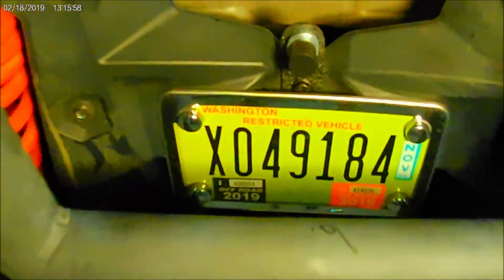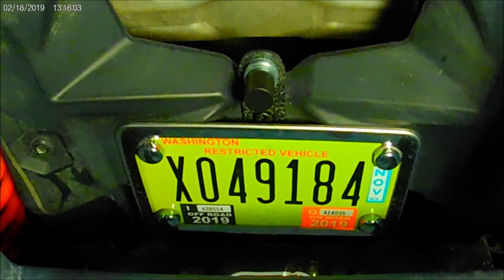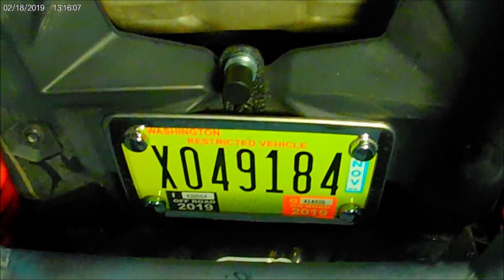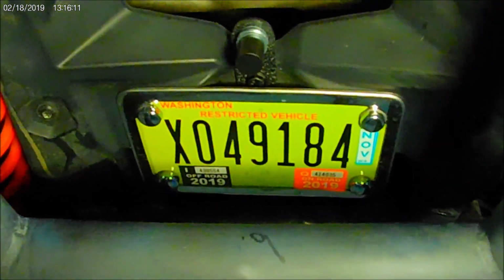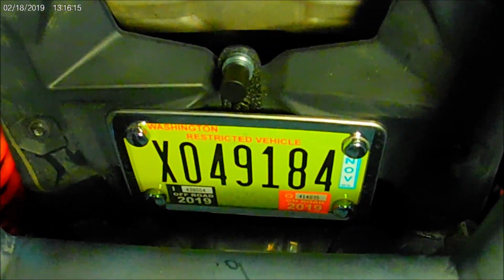License plate light. So there's the license plate, and there's a little bracket, a little tab that you can put on the plastic, and then the light itself, the LED, goes into that plastic tab. I washered it out a little bit. In fact, it looks like it still might not light the plate up real well, but